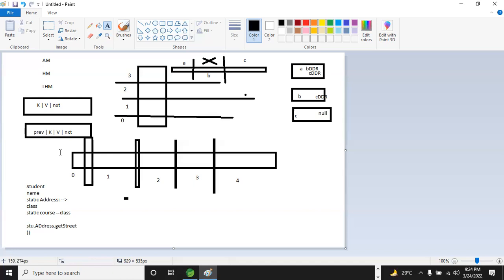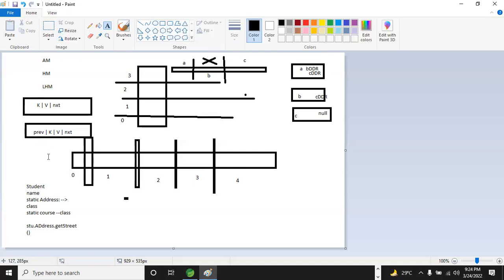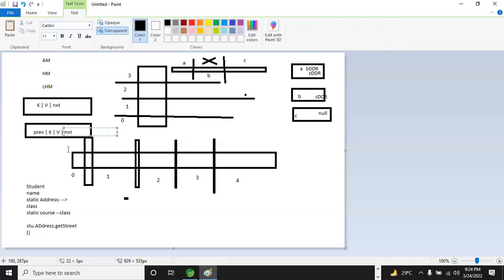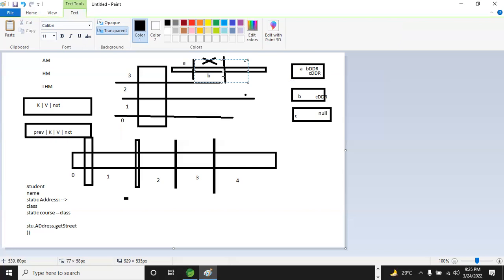So identifying any particular element would be very easy and you don't need to traverse exactly. You know the previous address, right, where you want to update your address number. So instead of address number 400, I want to update it to 399 in the previous location, and in the next location, instead of 400, I want to update 401. That's it. I don't need to reconnect the entire node list or change the entire part. I just need to change the relevant previous address and the relevant next address of the element being removed.